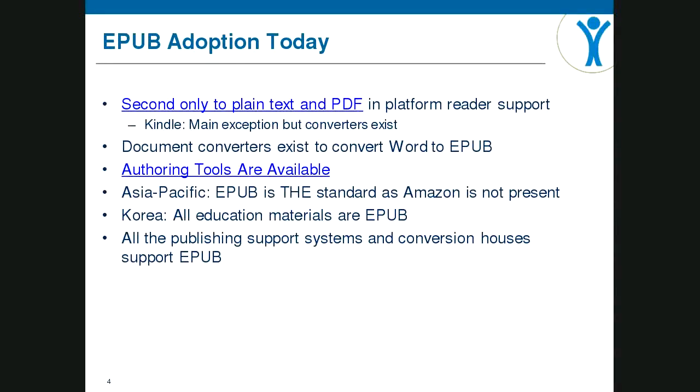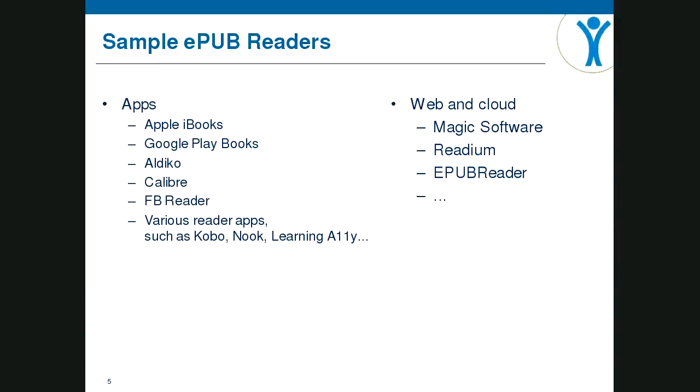Some of the readers are iBooks, and if you take an EPUB and put it in your Dropbox folder, you'll see the list of different reading systems on your machine that would be able to open it. On my iPhone, for example, iBooks will come up, Barnes & Noble, and I don't know what else. Vital Source will come up as one of the reading systems I could open the book with. Google Play is another one.